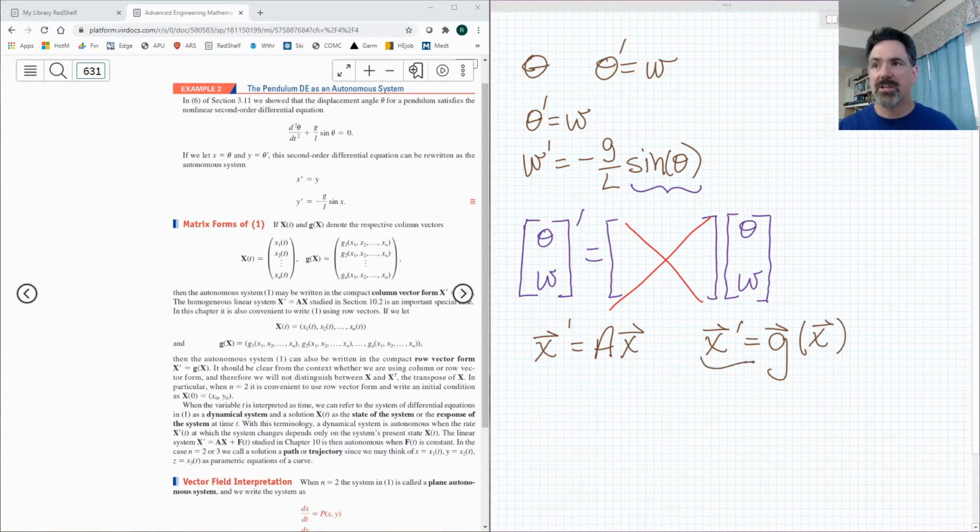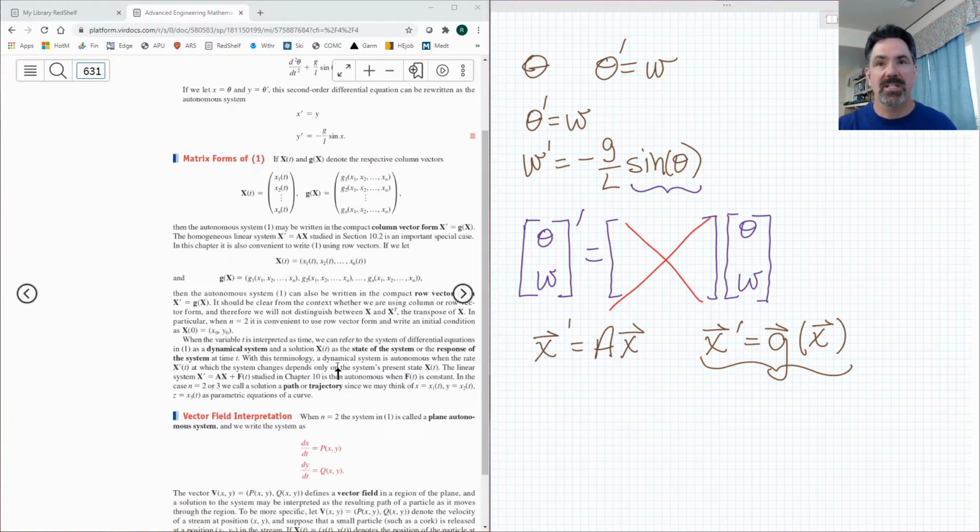In this notation, as long as it's first order and as long as it's autonomous, we can represent it this way. So we can include all linear and nonlinear systems in this representation. Following that, you want to read through and make sure you understand the definitions about dynamic system and the state